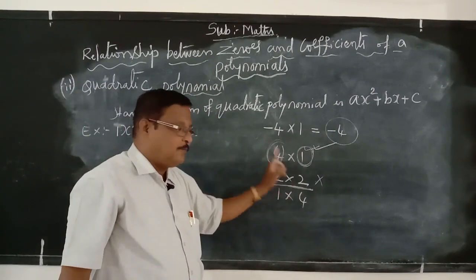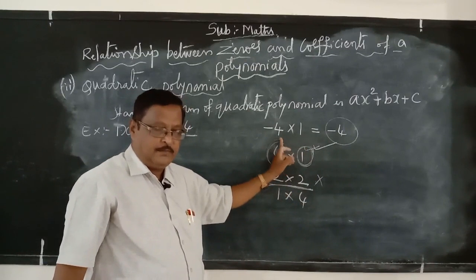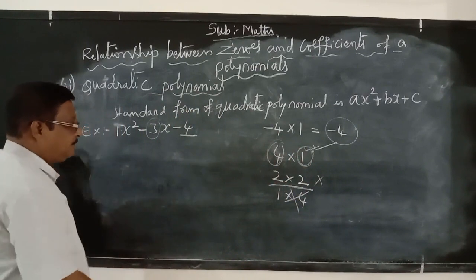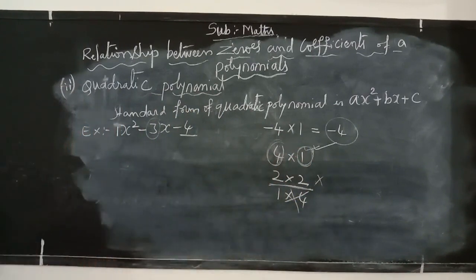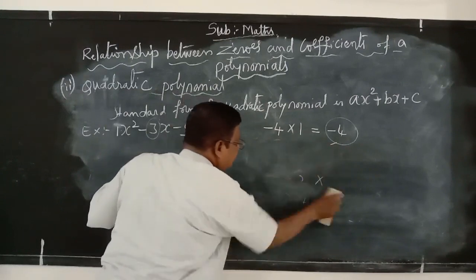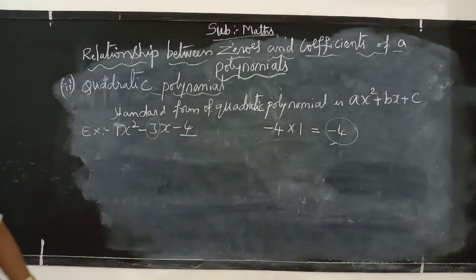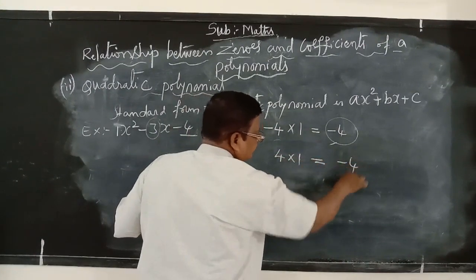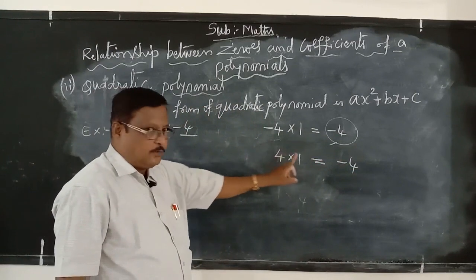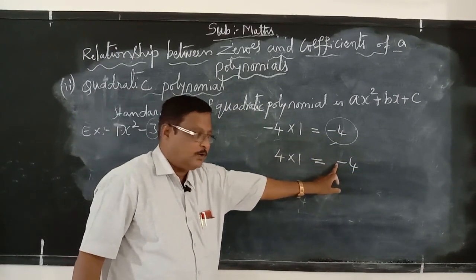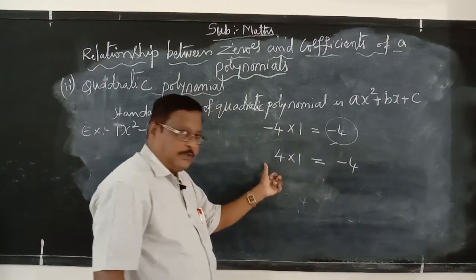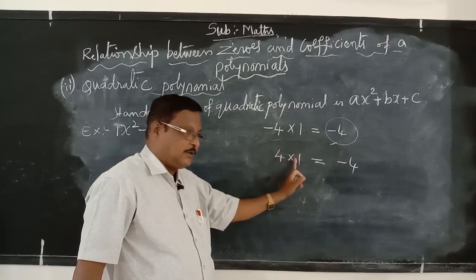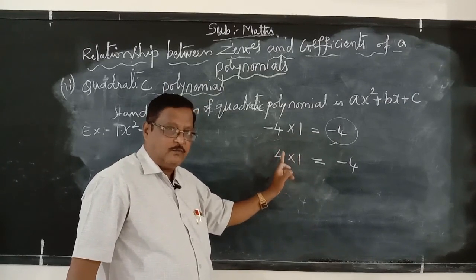Next, 1 into 4 and 4 into 1 are both the same. As both are the same, that's why we take it one time here. Next, see here. Four into 1, here 4 into 1, 4, here the minus sign is there. On the left side, either this number has the minus sign or this number, any one of the numbers has the minus sign, and one number is plus sign.